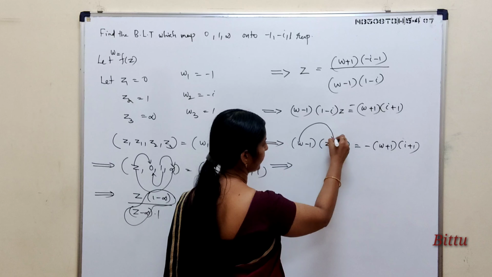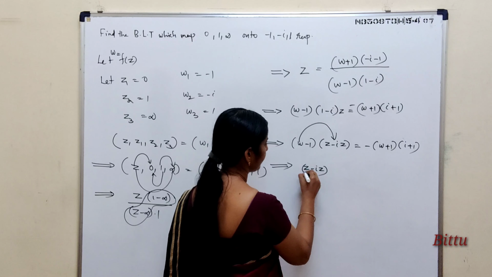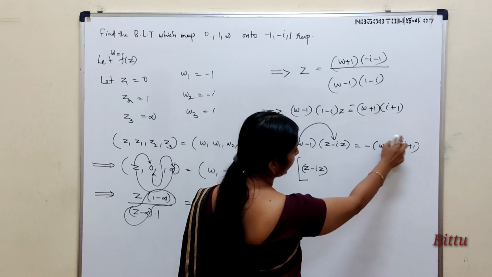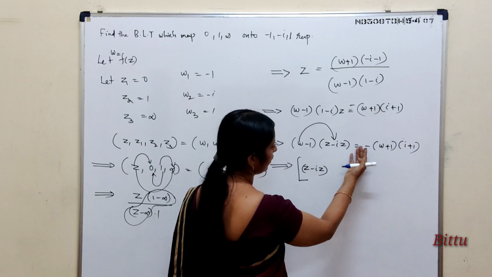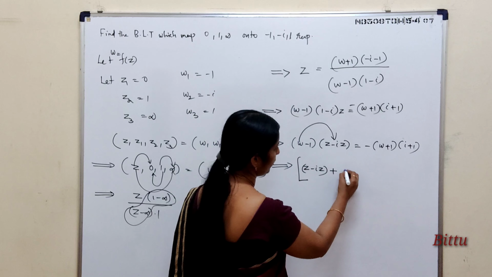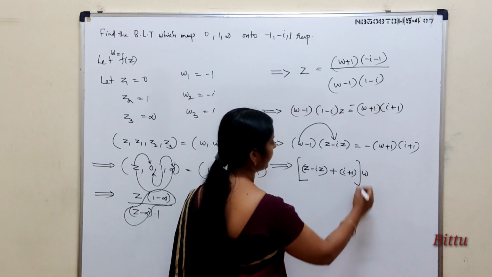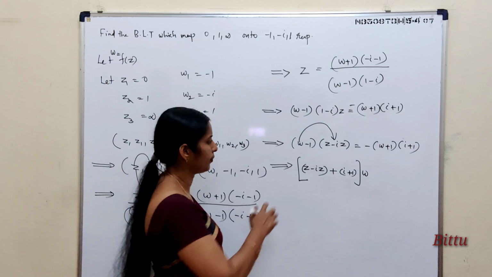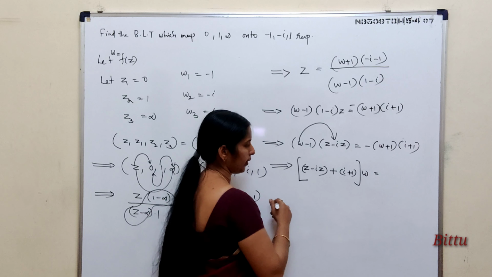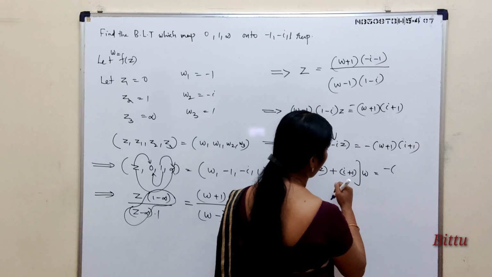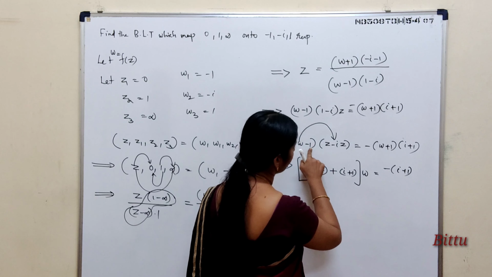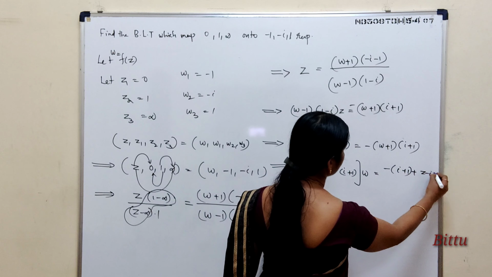Next you collect the terms containing omega in the left side. See omega into this term, so z minus iz. Here the omega term is omega into i plus 1 with the negative sign. When you take this term to the left side, this negative sign will become plus, so plus into i plus 1 into omega. See these two terms which contain omega: omega into this, then omega into this one. You keep all the other terms to the right side. That is minus i plus 1 plus z minus iz,